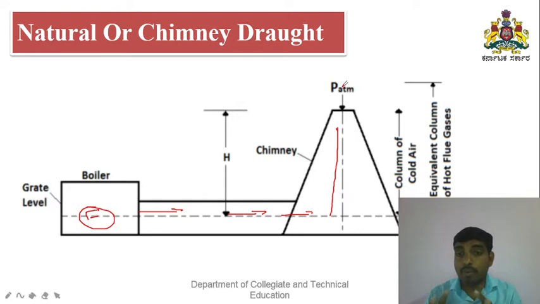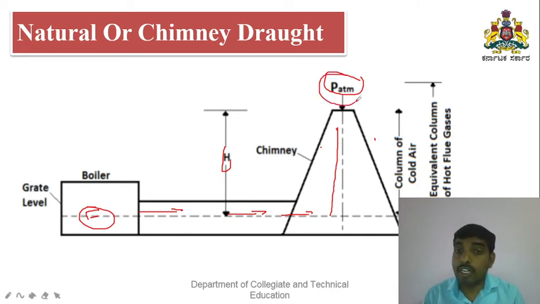So the parameters to consider here: before the chimney we have flue gas with some temperature and pressure, which will be higher than the surrounding temperature. Let's say that is atmospheric pressure. Here you have atmospheric pressure, and here you have a furnace with the flue gas temperature. Let H be the height of the chimney. This is the chimney, and this is its height, determined from here.